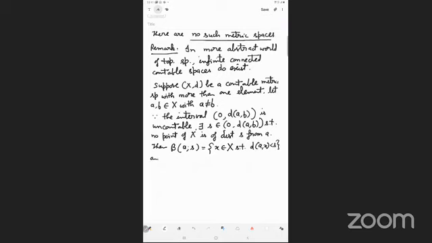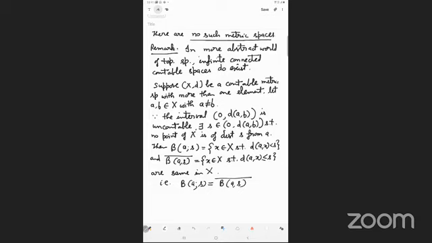These are the same in X. That is, B(a, s) is the same as this one. So this is both open